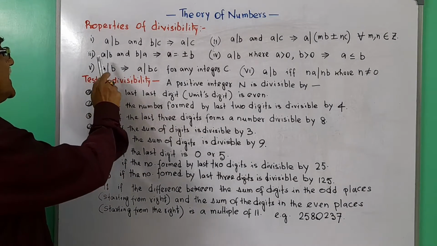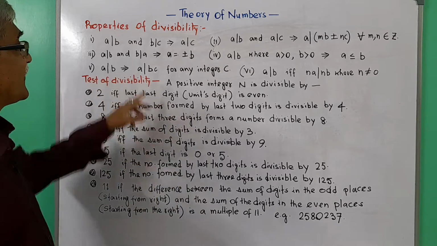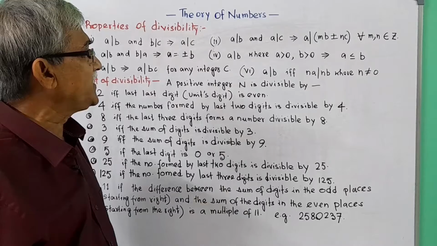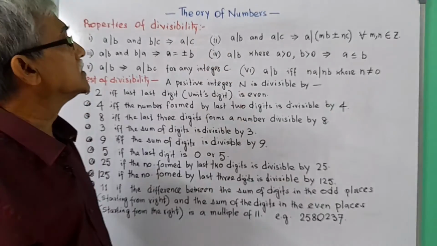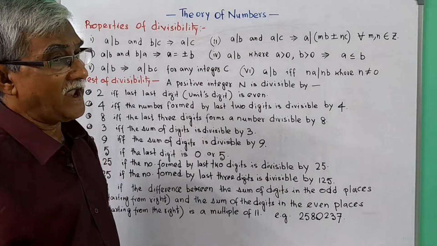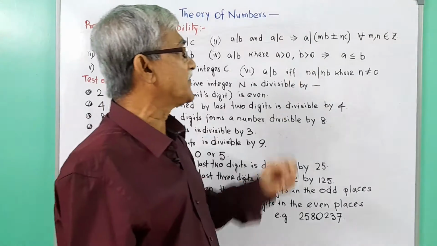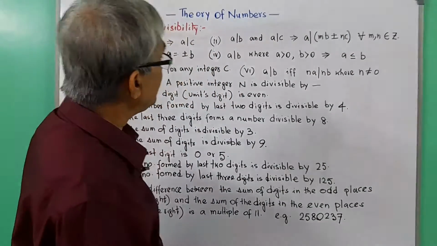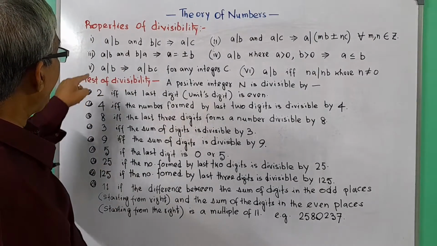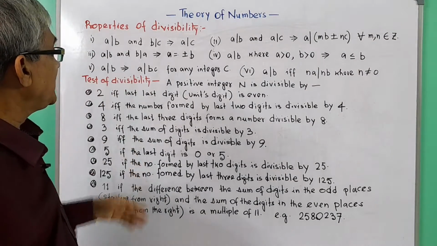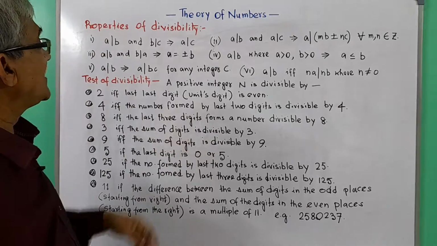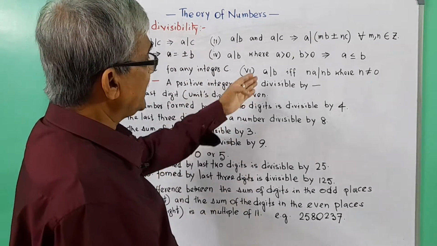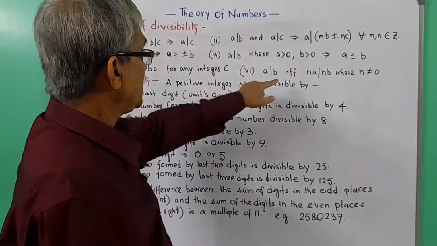Third, A divides B and B divides A implies A is equal to plus or minus B. Number 4, A divides B where A is positive and B is positive implies A is less than or equal to B. Number 5, A divides B implies A divides BC for any integer C. And number 6, A divides B if